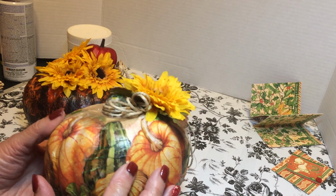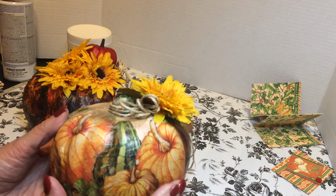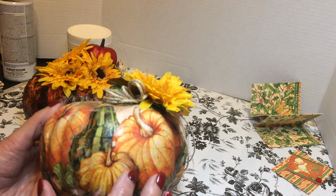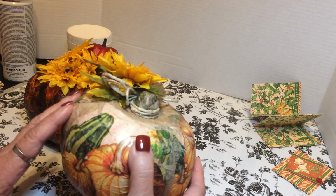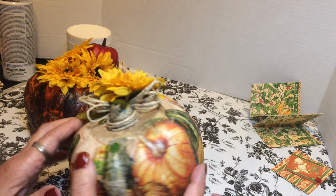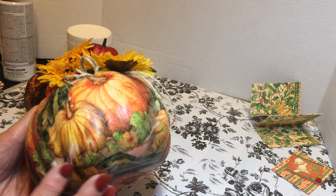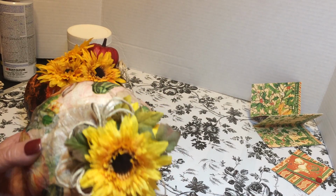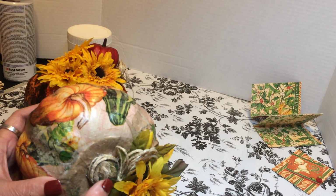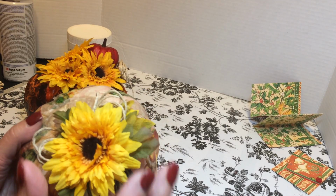And both of these happened to come from Tuesday Morning. And I cut them up and I put them on. Now you will get some wrinkling, I will say. However, with that being said, it's much less than if you use the other liquid. The other thing is that I also did the top, the stem, and then I had these sunflowers that I